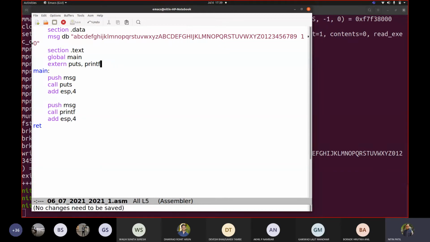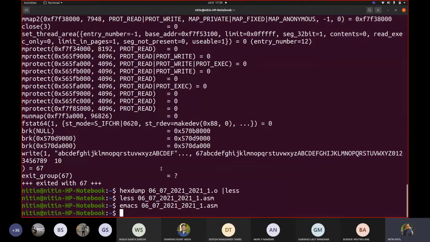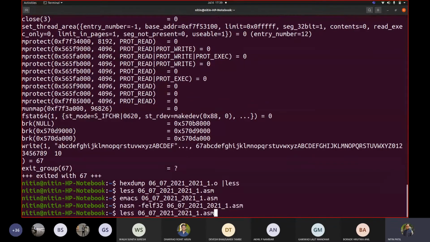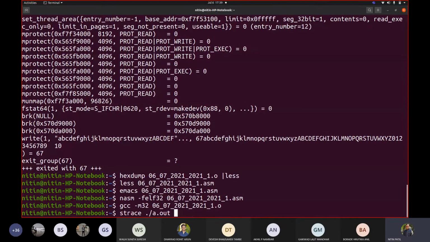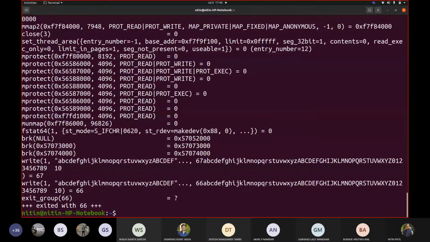Let us see what it does. So is it showing us both ways? 67. That's what our goal is to know. So NASM, GCC and strace. Can you see that change? Can you see the change? Yes, sir.